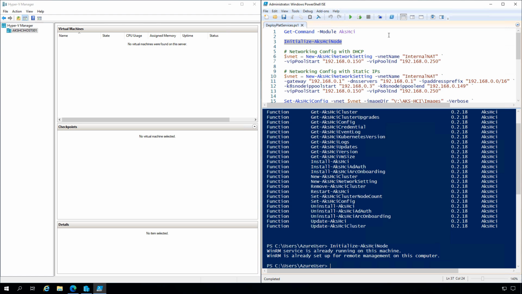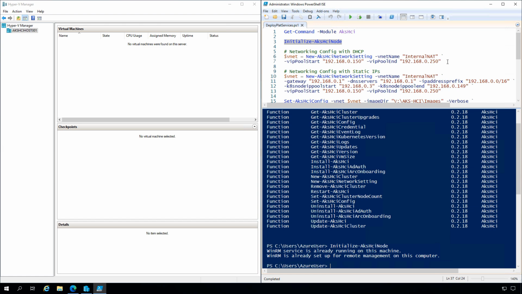Now, the next setting is really about choosing your networking environment. If you're running DHCP in your environment, you would use the first command that I'll show you. And if you're running a static IP environment, which many of you are, then you'd use the settings shown on line 9 through 13. We just need to specify a few extra settings. Basically, you're defining a network object in this first section, where we're defining the VIP pool start, so the networking pool, a range of IPs that will be used by the AKS solution to provide IP addresses to workloads and other elements of the infrastructure.